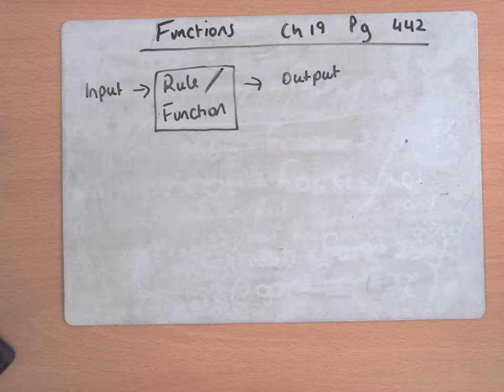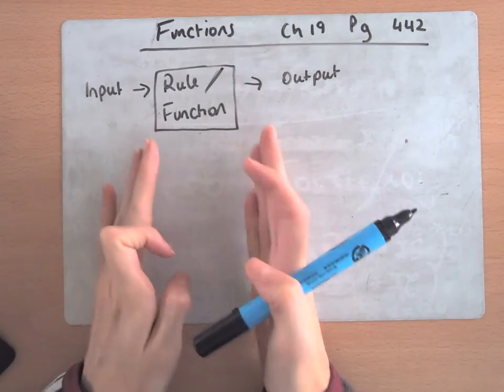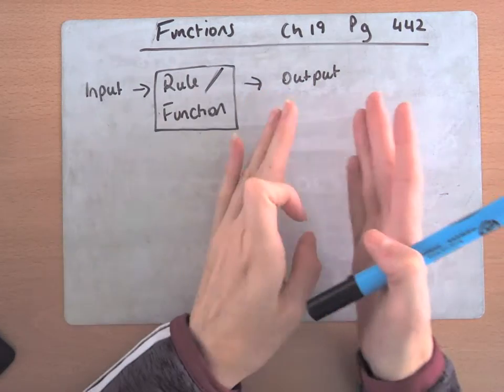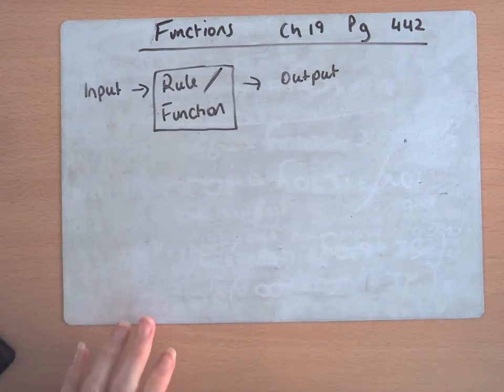Okay, so we need to think of a function like a machine. You put something into the machine, something happens, you get something out. So you have an input, the thing you put in, it goes into your machine or your function or your rule, and you get out an output. For example,